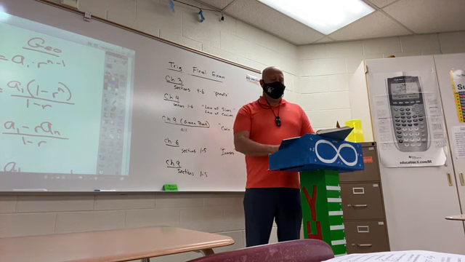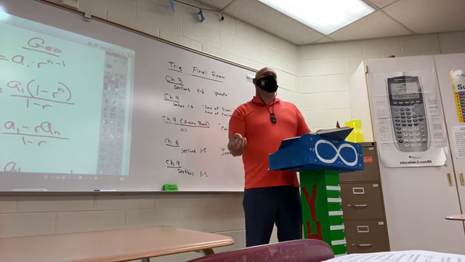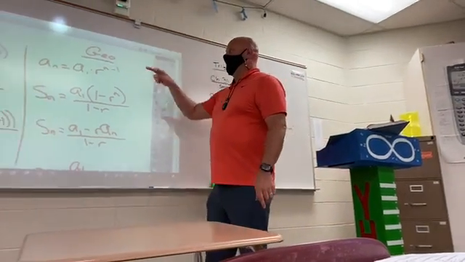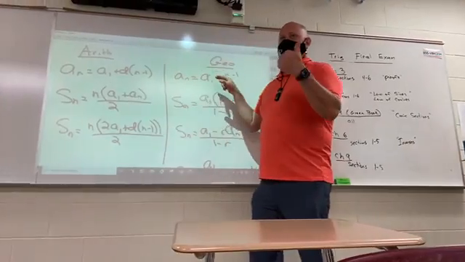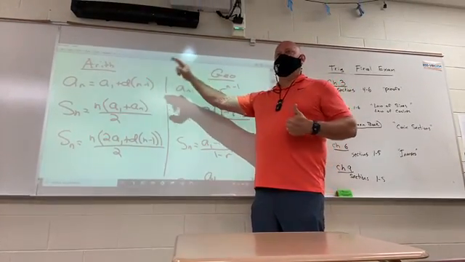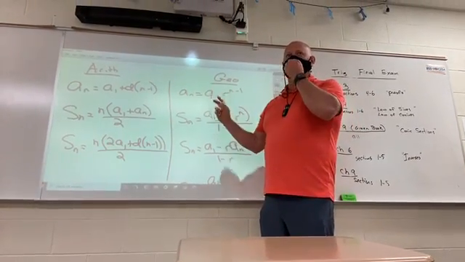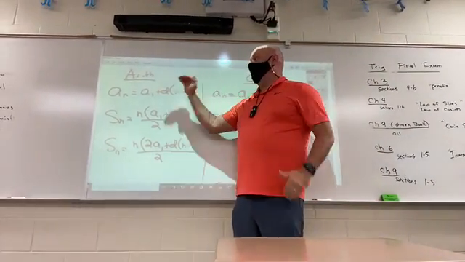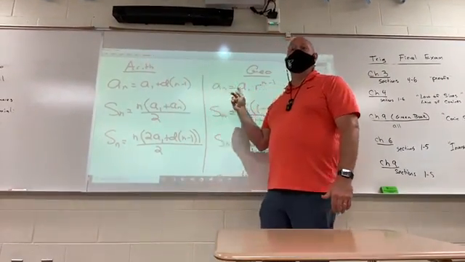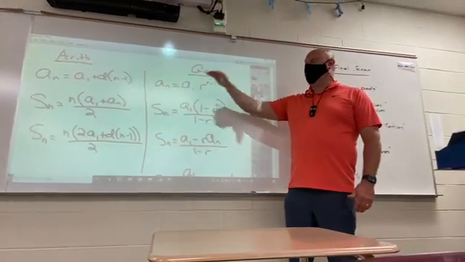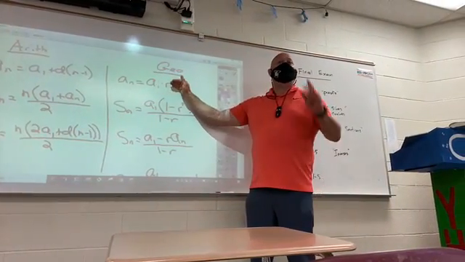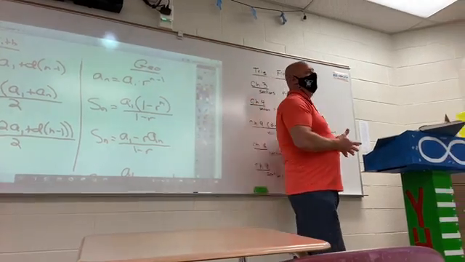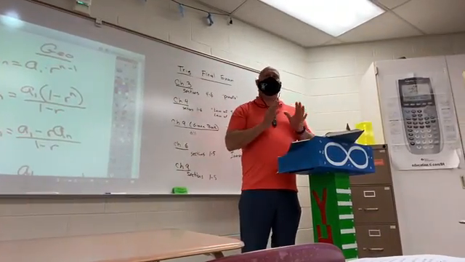You get to number 19. What do you always do when you have two random terms? You use your A sub n equations, right? Set up a system of equations. If it's arithmetic, what do you do with your two equations once you set them up? You subtract. Ooh, what about the geometric ones? If it's the same problem as geometric, I set them up, but then I have to divide. That's the kind of discussion I want you to have right now with a partner, because